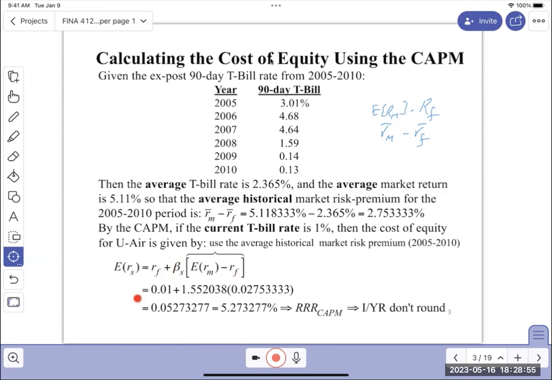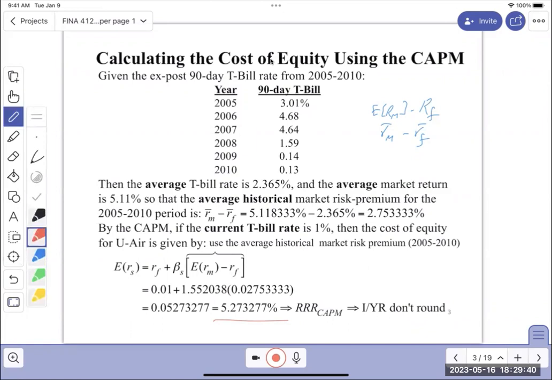So putting in my numbers, this is the current T-bill rate. I do not put 1% in here, okay? I'm going to calculate all of this as the average historical market risk premium. So just follow instructions in the exercises so that you can do what it is I want you to do. In this case, I'm stepping through this using the average market risk premium here. And I end up with, wow, it's like half, right? This is half of 10%. It's very low. So it doesn't change the decision of UAIR to proceed with the project